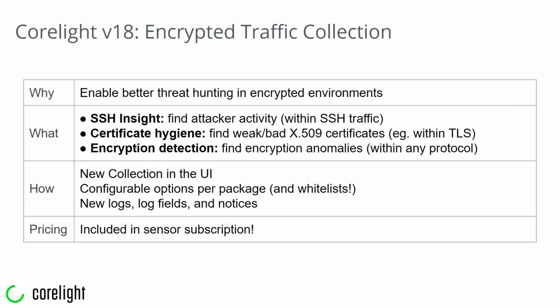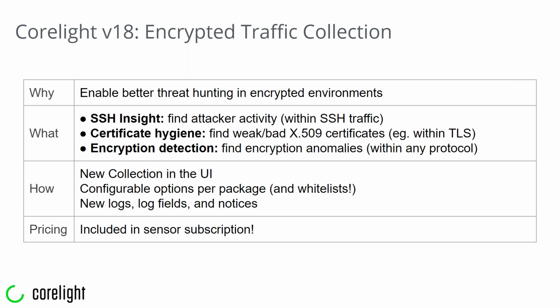So what's different is what we're calling Corelight V18. It has been a major release, with a lot of changes that have come as part of that release. We're going to talk about a very small subset of those, but some that I'm very excited about, what we're calling the encrypted traffic collection. This is a group of Zeek-related packages that are focused on a handful of protocols that as a network forensic person, you might be forgiven for thinking, oh, well, it's encrypted traffic, I can't really get much out of it. So we'll talk about three in particular: the SSH Insights, or as we might call it, the SSH